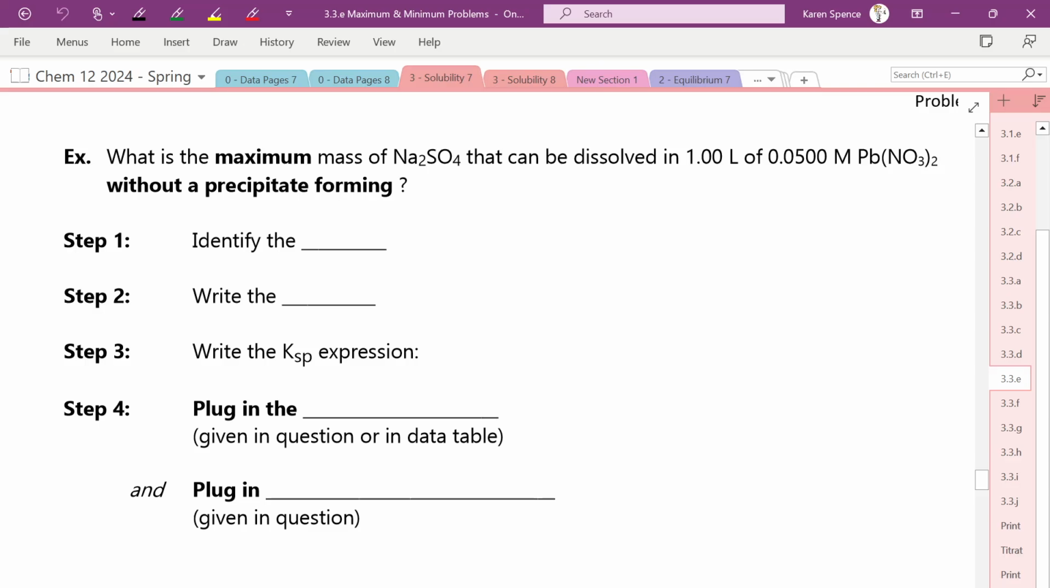Does the shifting matter in terms of concentration of the compound? In this case, no, because we're adding a solid. We're adding a solid phase, so we're not adding a